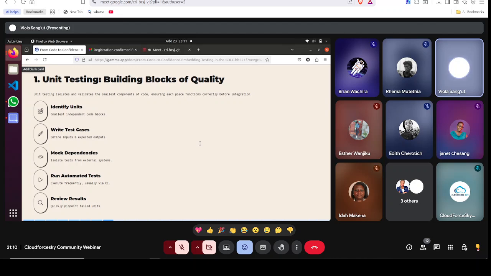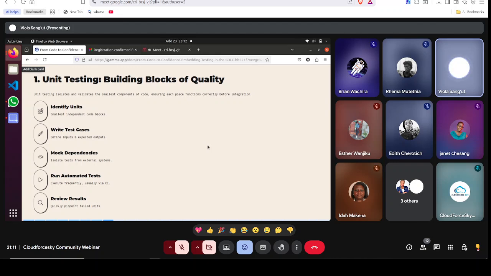Specific functions, maybe for, let's say, email. You want to make sure the function that is validating email is working well. Some of these are specific to your programming languages, because it's down to the very smallest units, those classes you write, those functions. So in unit testing, you take one of these smallest units and test it to see that it's working well. You identify the unit, and you write the test case,